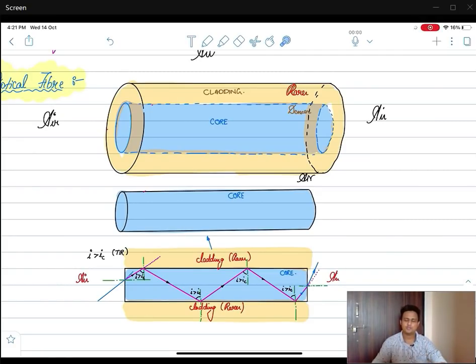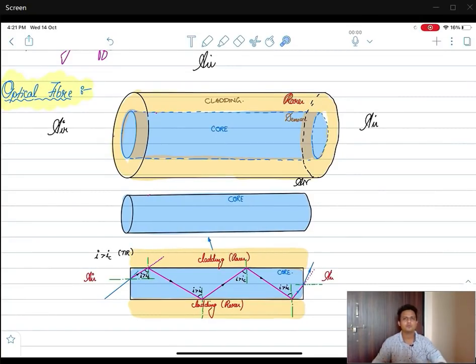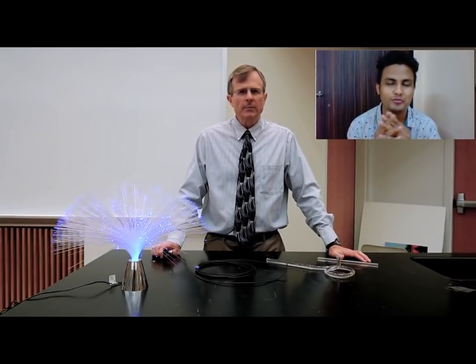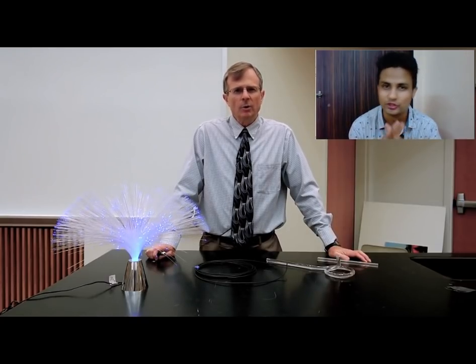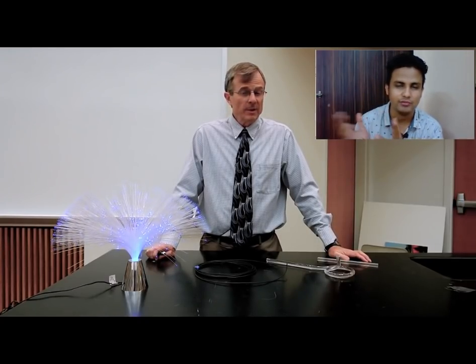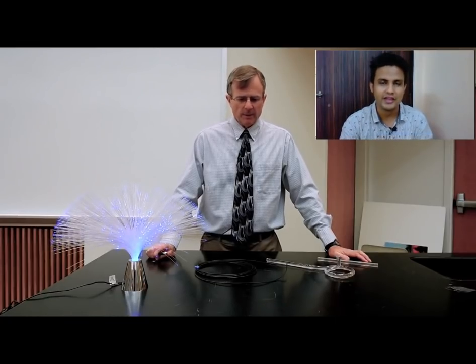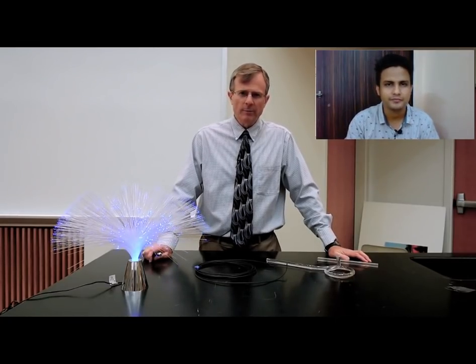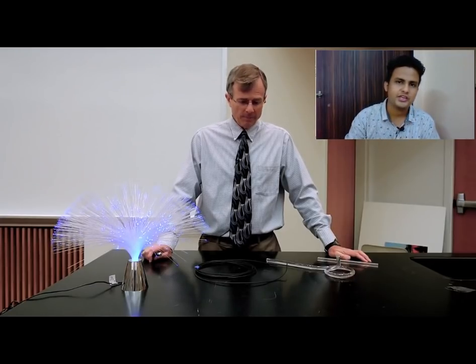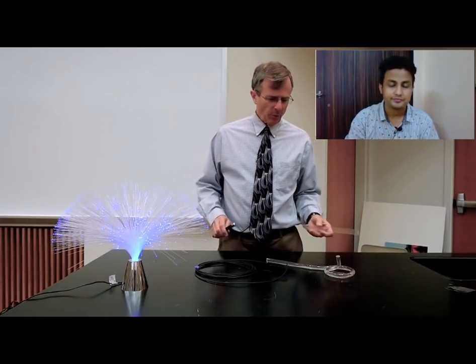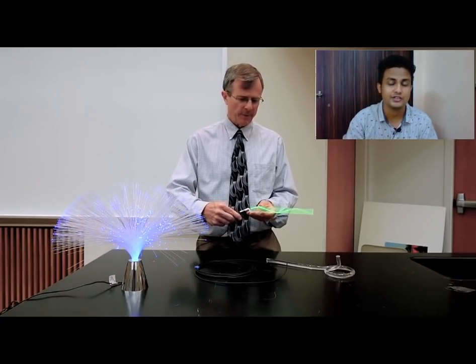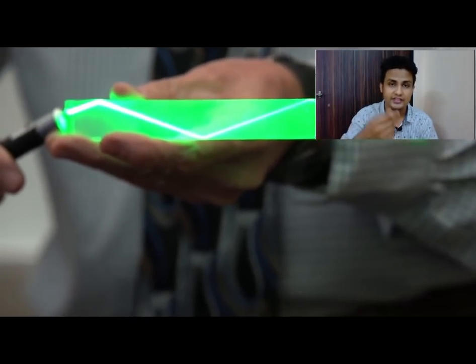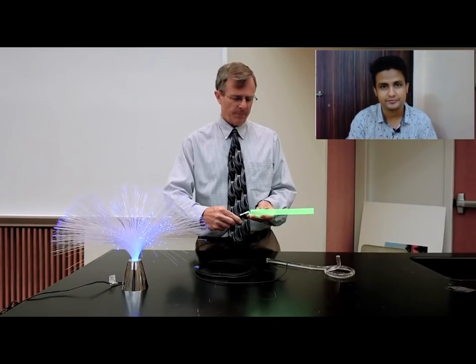Okay, so let's see how exactly it works. Here on the screen you have a professor explaining the basic examples of optical fiber. On the table he has various things. He has one flower pot, then he has some black colored wire kept on it, then he has some glass thing. Now he is picking up a glass rod which is straight. See the refractive index and how clean the glass is, that you won't be able to identify that he has a glass rod in his hand.